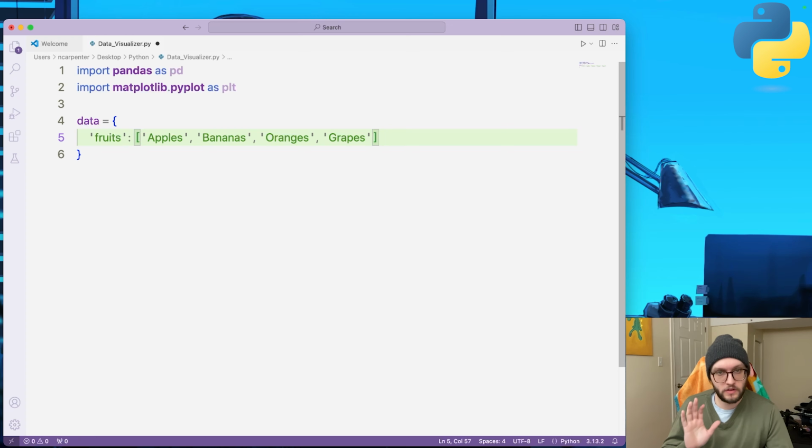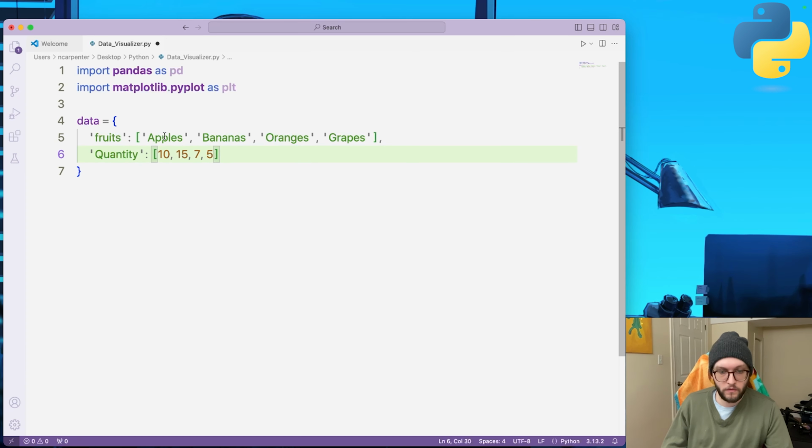So now that we're done with this fruits list, outside of the square brackets, we can go ahead and add a comma. And this is where we're now going to define the quantity. So how many of each fruit do we have? Now keep in mind with the order of this, we're going to want to repeat the same order as well as the same amount. In the case of our first number here, and you don't have to use the apostrophe here, you'll want to associate this first one with apples, then the second one with bananas, oranges, and then let's do grapes. So we have 4 fruits, and we have 4 different quantities that will all be aligned with the respective